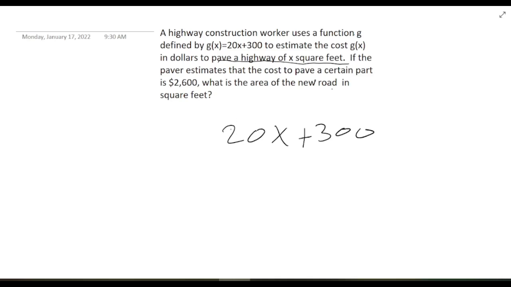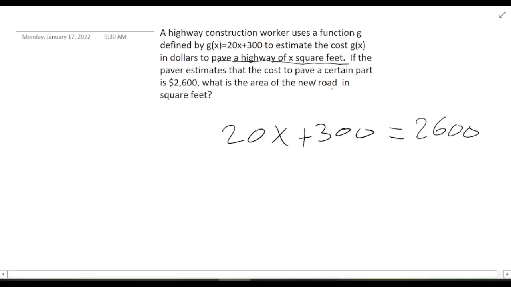So we can look at this 20 and say that for each square feet of new road, it's going to cost us $20. And this 300, because it's a constant, there is no variable next to it, 300 is going to be like the fee. It's going to be the initial pay. There's always going to be $300 to pay, and then for each square feet, you're going to have to add $20. So because we know the cost in total is going to be 2,600,